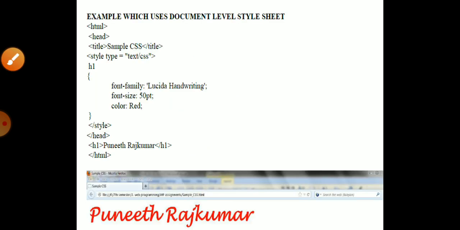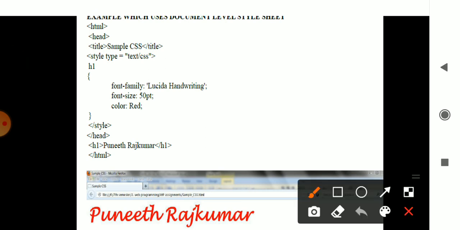In the same way, in the other two concepts, that is document level and inline. Document level is nothing but within the document which I am specifying, somewhere I will be mentioning the part with the font style. So here, at document level, you can see in the same file I am introducing the font style.